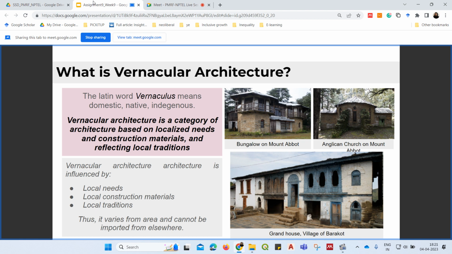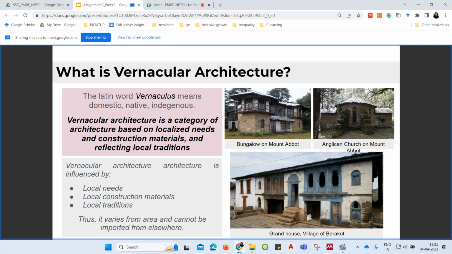However, the truth is that they are both examples of vernacular architecture belonging to the same region, but belonging to different peoples with different traditions, different beliefs and design techniques. So this is what I want to clarify. When you see vernacular architecture, it is not just native to a region, it is also native to a specific group of people. The Latin word vernaculus, from which vernacular architecture originates, means domestic, native or indigenous. So indigenous or domestic not only to the region but also to the people who build or live in that region. It is a category of architecture based on localized needs and construction materials, and which reflects